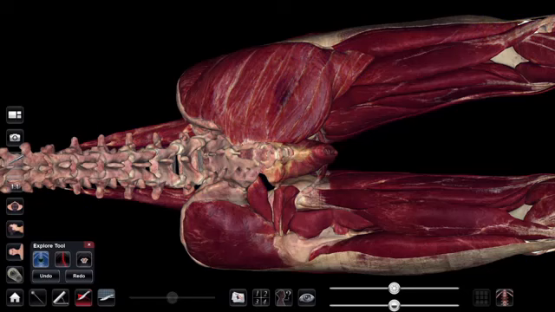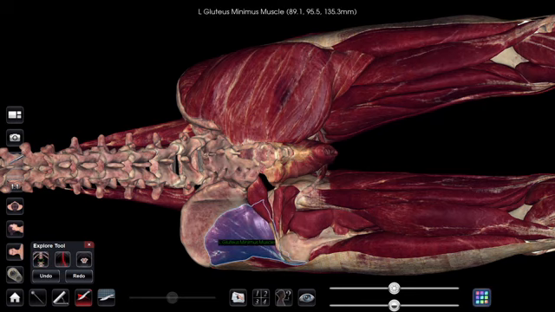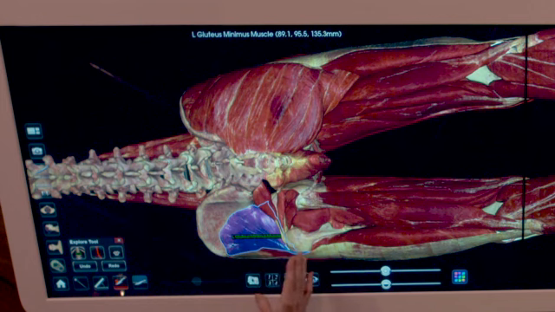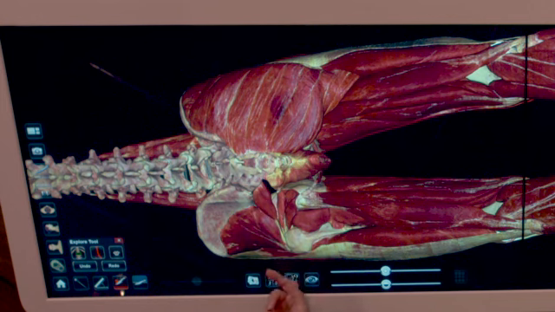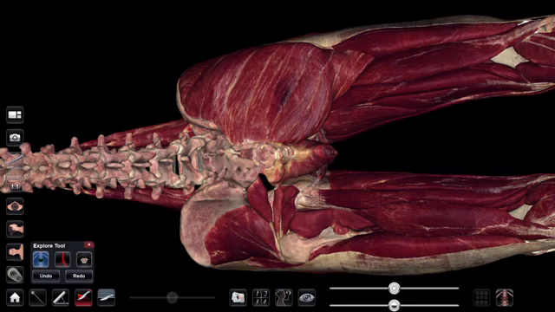And if we remove it, we can see the gluteus minimus muscle. Gluteus minimus and medius have about the same origin and insertion, and they have the same action. If we remove gluteus minimus, we can see the piriformis muscle coming through the greater sciatic foramen,